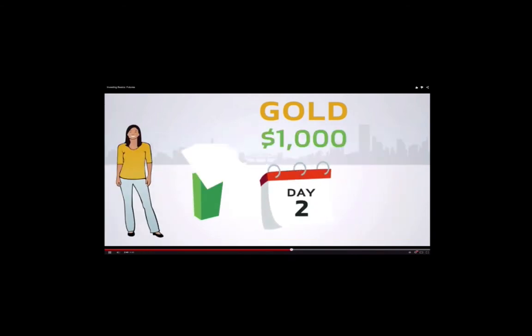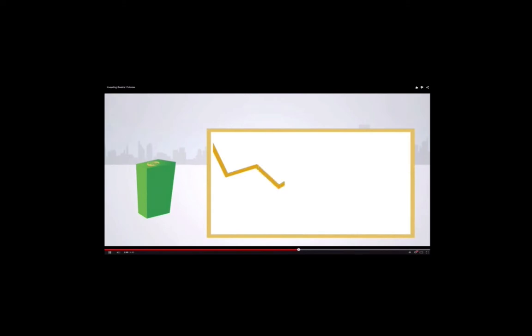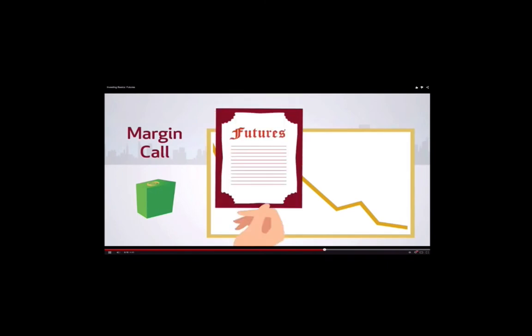At the end of each trading day, this money is used to settle any gains or losses made from your investment. For example, suppose a trade moved against you one trading day. At the end of that day, money would be removed from your account to cover the losses from your futures contract. If the loss was significant and enough money was removed that your account no longer had enough cash to cover the margin requirement, then you would be in a margin call situation. What happens during a margin call depends on your broker. You may be required to deposit additional funds to cover the margin, or your trade will be automatically sold.